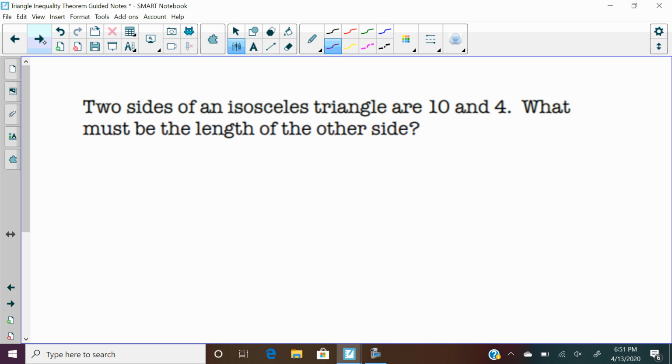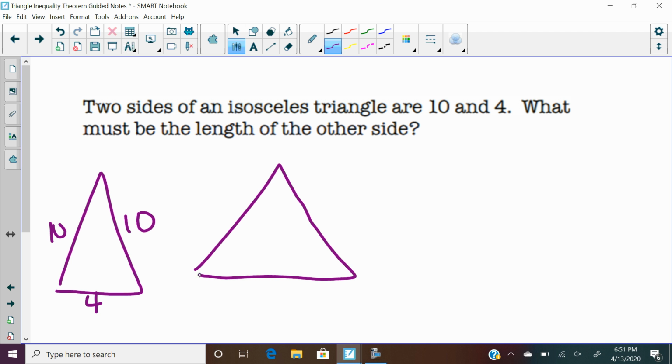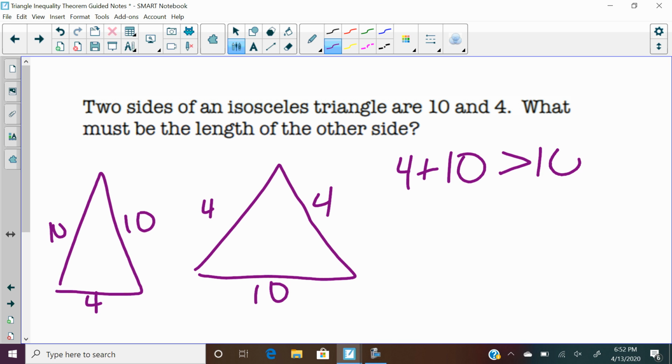Okay, so this first example says, the two sides of an isosceles triangle are 10 and 4. What must be the length of the other side? So our options for this triangle are for the triangle to be a 10, 10, and 4, because isosceles triangles have two equal sides, or to be a 4, 4, and 10. So if we take two of the sides of the triangle, say for example 4 and 10, if I add 4 and 10 together,